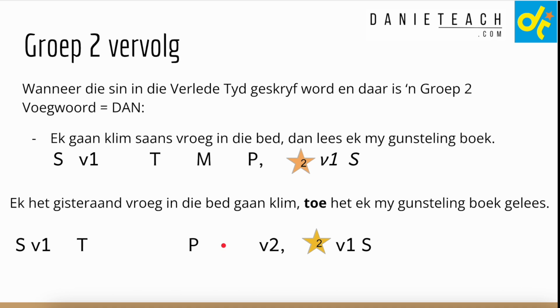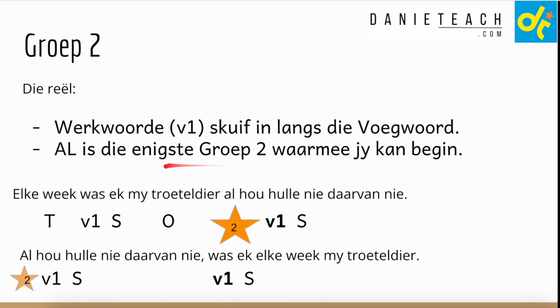Here is an example of another group 2 conjunction, but obviously we can't start with group 2 conjunction dan. In this case, dan, that goes into 2. But what dan does is dan can change into the past tense toe, and then you must treat it as a group 2 conjunction. So the only group 2 conjunction you can start two sentences with is the conjunction al,